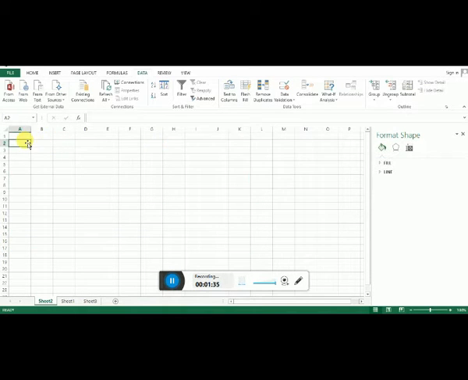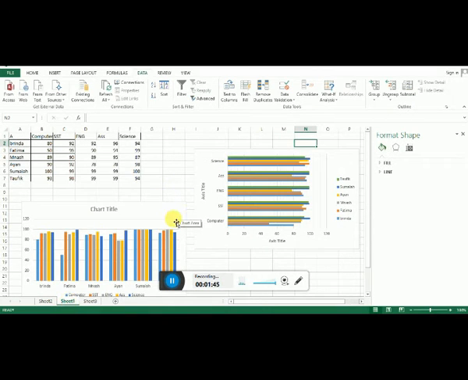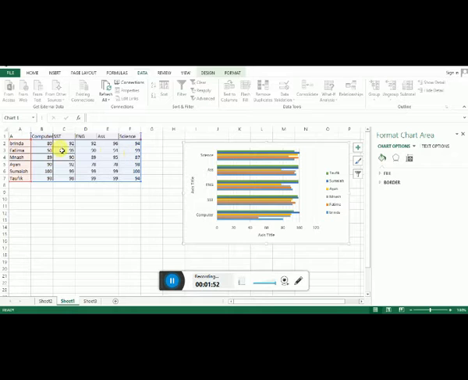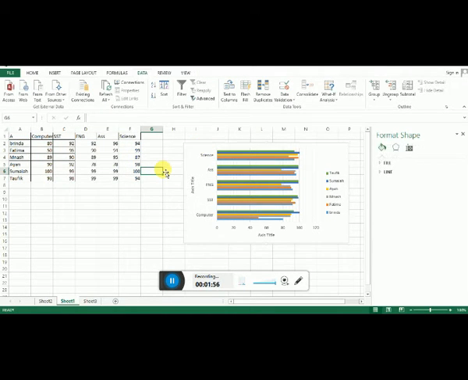So now I want to use switch row and column data. You can see I have already made a bar chart. Okay. So now I want to use switch row and column data.